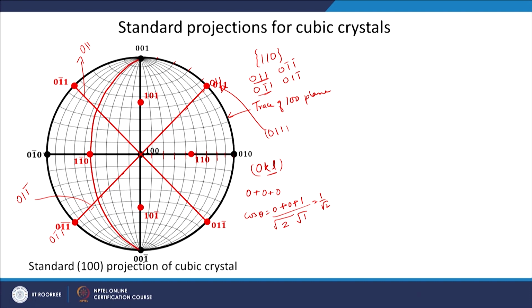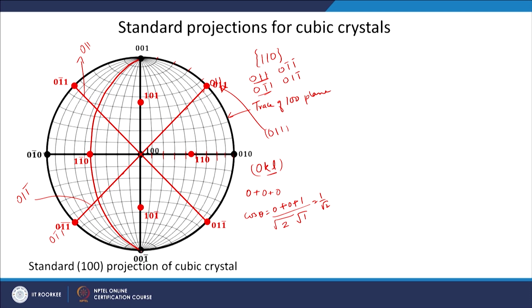Then I can find another trace which is for the 110 plane here. As you can see, it is already at the equator. So, I can directly measure the 90 degrees here. From here to here it is 45 degrees, from here to here it is another 45 degrees. So, 90 degrees, and you can have smaller graduations also here at 2 degree intervals. So, whichever great circle is passing from here, that can be traced like this.